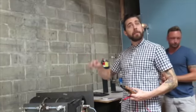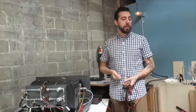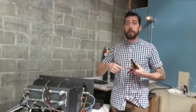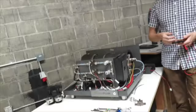If it's still not heating up, then there's something wrong with the heating element itself. If I'm getting the power there, then you need to replace the heating element, either the coil inside of it, like one of the electrical lines is faulty and it's broken or something like that. But normally, more often than not, if you run a boiler dry and burn up a heating element, if you guys are working with